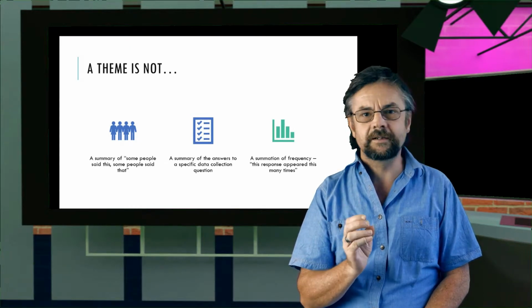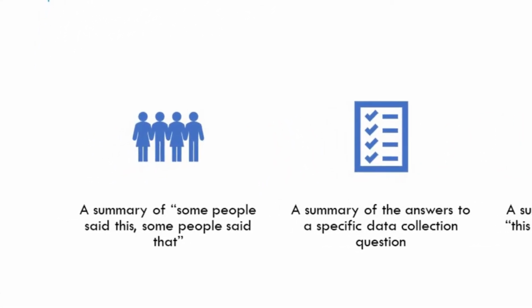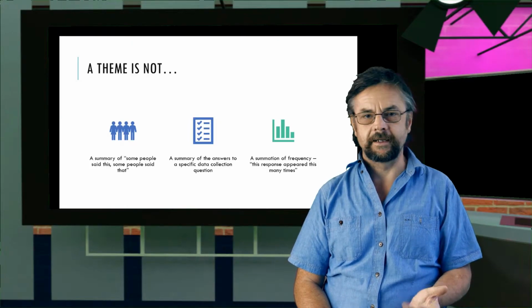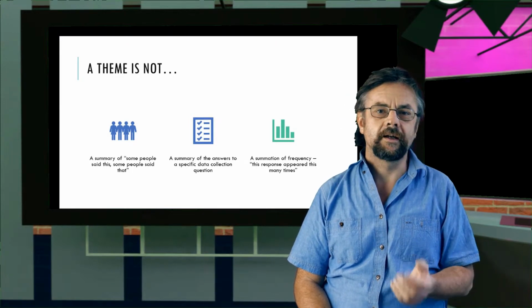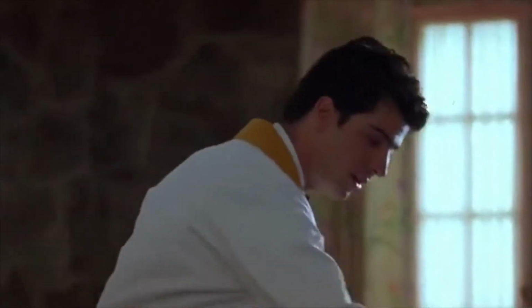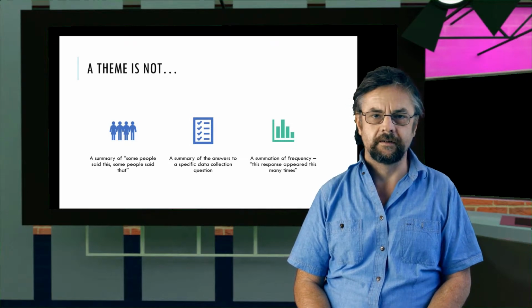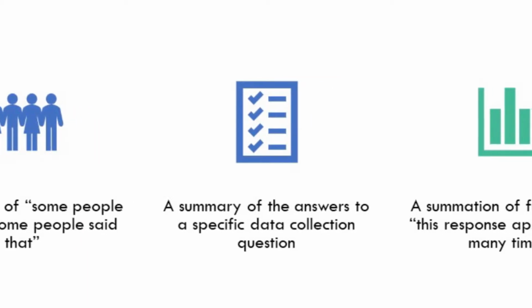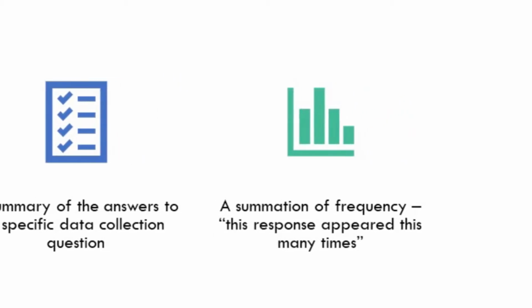So a theme is not, and I mean most definitely is not, a summary of what a person said. So if you start off a theme with the sentence, some people said, blah, blah, blah, blah, then you know you are heading down the wrong track. Some people count, some people don't. It's also not a summary of the data or the answers that people give us to our questions. And we don't say anything about frequencies. You should never be saying that a theme occurred X amount of times or that 8 out of 10 participants